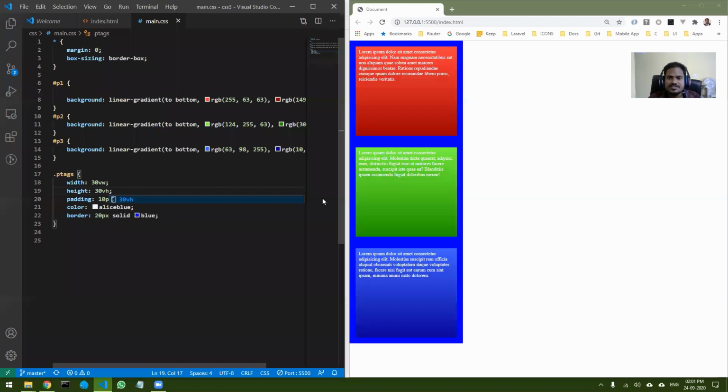If I save this, you can see how it looks, and the best part is, if I resize it, you can see what happens. But there is a problem: if you go beyond a certain limit, it starts overflowing. That is the problem with this approach, which can also be removed, as we'll see.